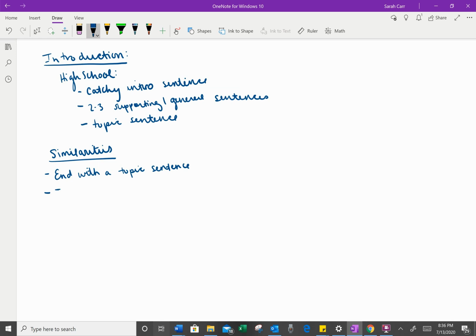They all will have an intro plus supportive sentences. And these need to be structured a certain way, as we'll discuss. And then finally, these writings, as well as all writing, are going to tell a story. In science, we're still telling stories. They just tend to be scientific stories. Now, differences